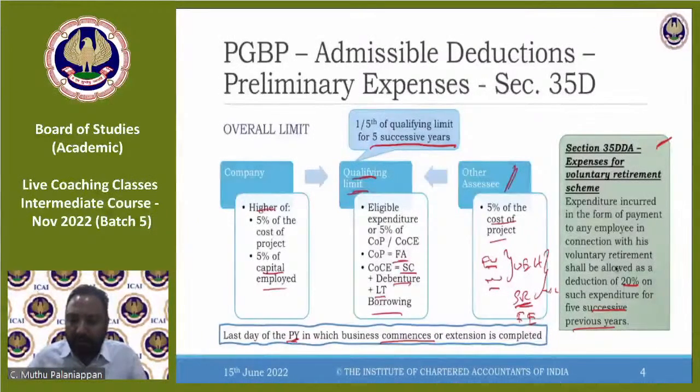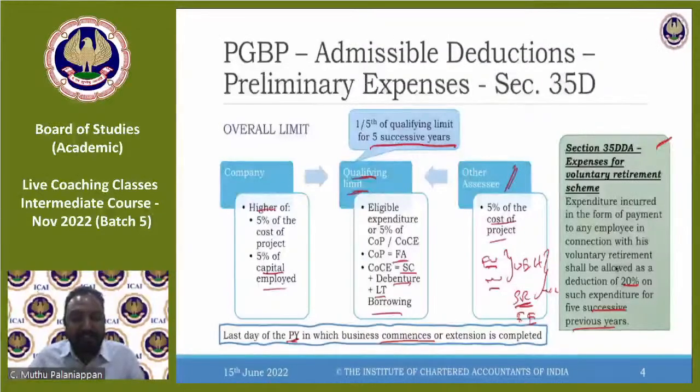Swati, what are recurring allowances? Are they exempt? If exempt, what is the limit? Please explain. So what is recurring allowances? I actually don't get your question. Recurring allowances. So probably try to rephrase and put it across for me to understand, so that I'll get back to you on that.